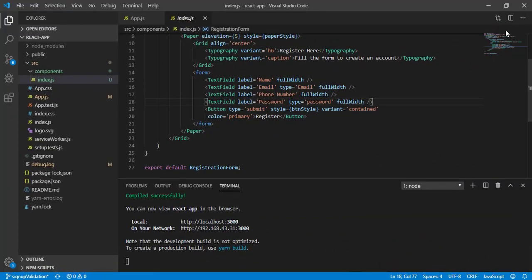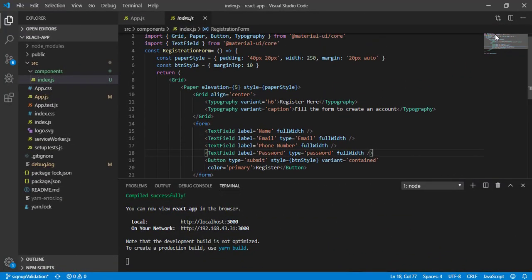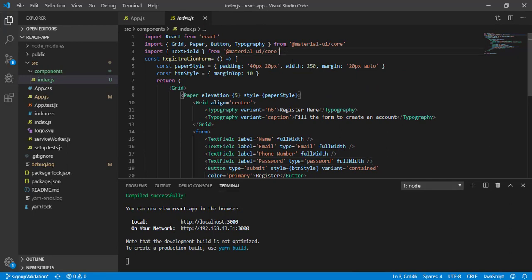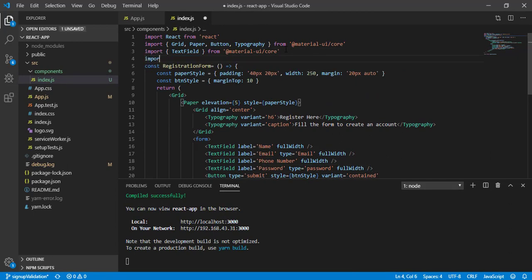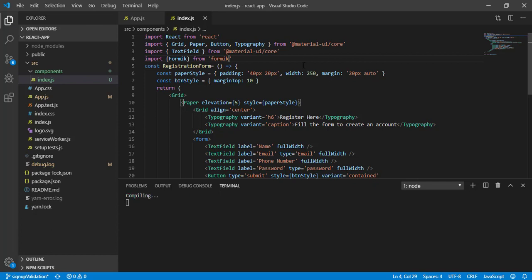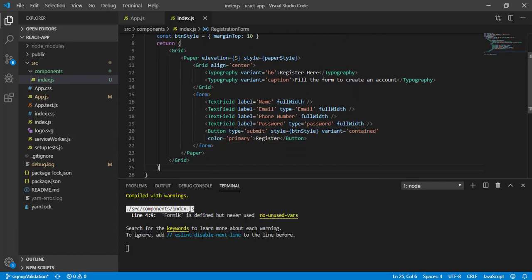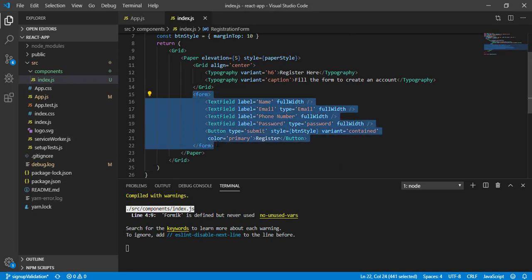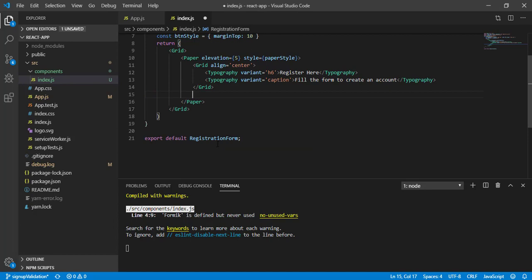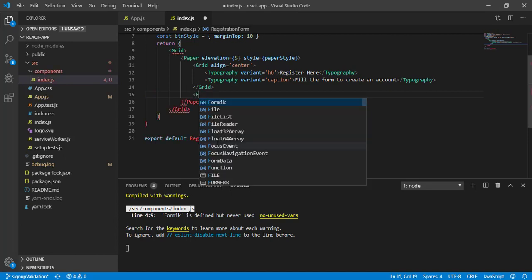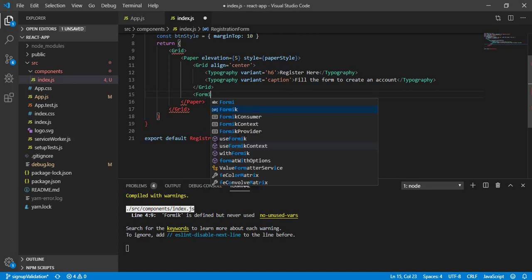So now what we have to do here is import Formik from formik. Okay, and now you can see our form tag is starting from here to here. So let's cut this. And here let's write the Formik tag.